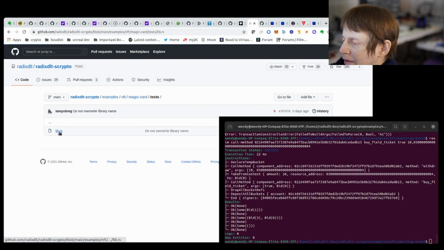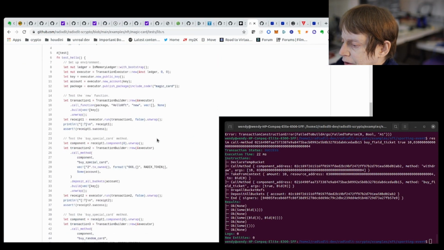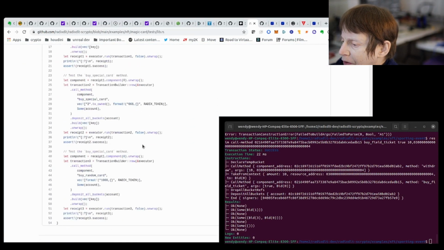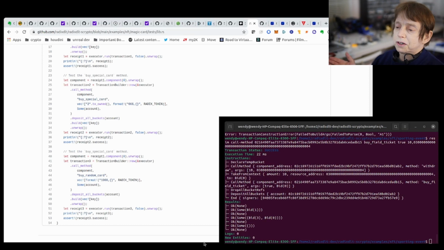So I looked in the test here, and I noticed this line here, format Radix token. So I knew that I wanted the Radix. I said, well, it's probably the Radix address, and this is probably the amount. Because this is buy special card, and this is buy normal card, which is much less. So that's how I figured that out.